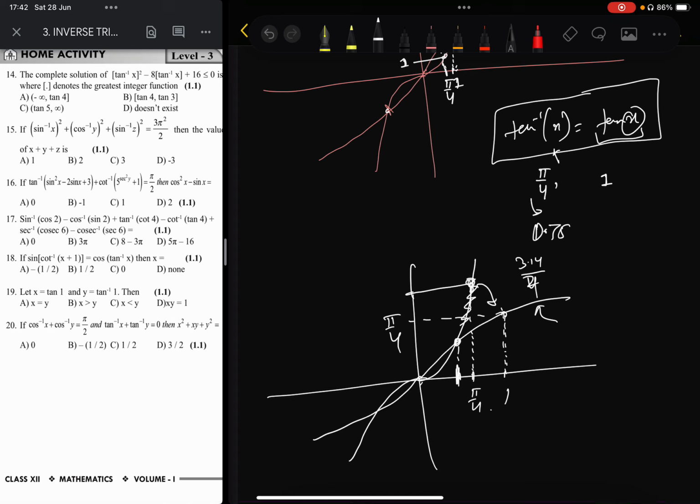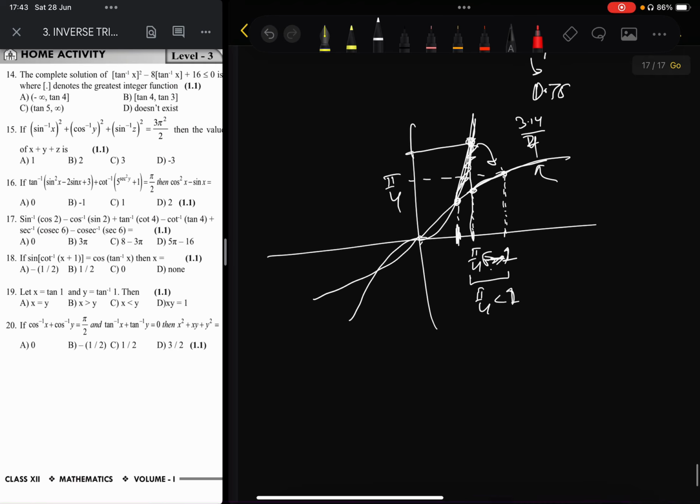So as you can see, between pi by 4 and 1, pi by 4 is less than 1, and if you compare both graphs, this inverse graph is below tan x, so tan x will be greater than tan inverse x between pi by 4 to 1, right? If x belongs to pi by 4 to 1,